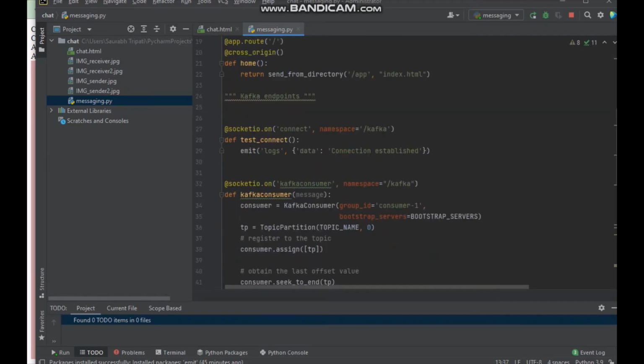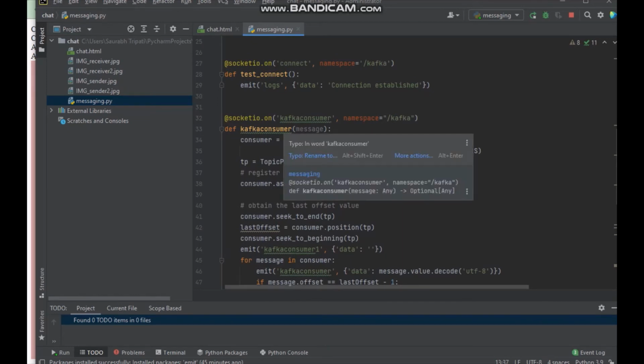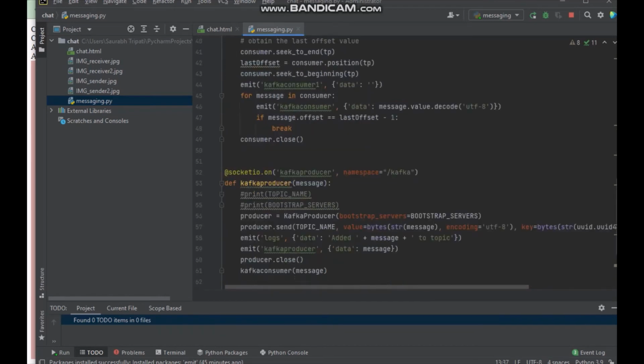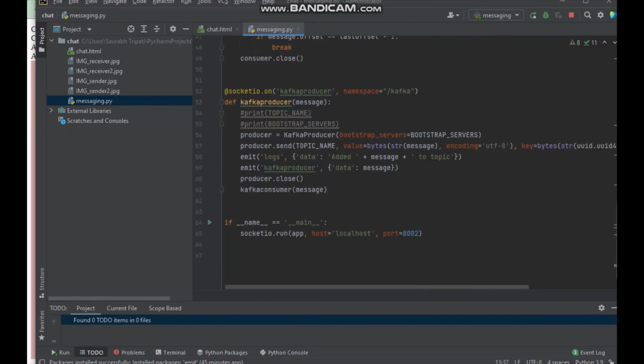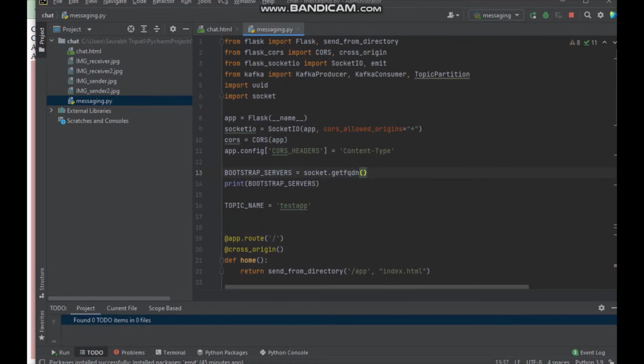Currently this is a different topic name, not the same one that I used earlier. This is a Kafka consumer function, and this is a Kafka producer function, and this is a socket. So now what happens is, when we are throwing the message from the application,